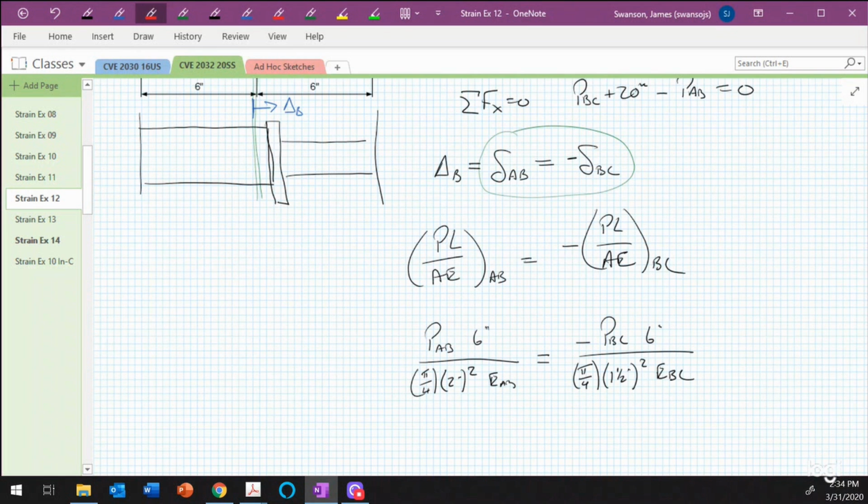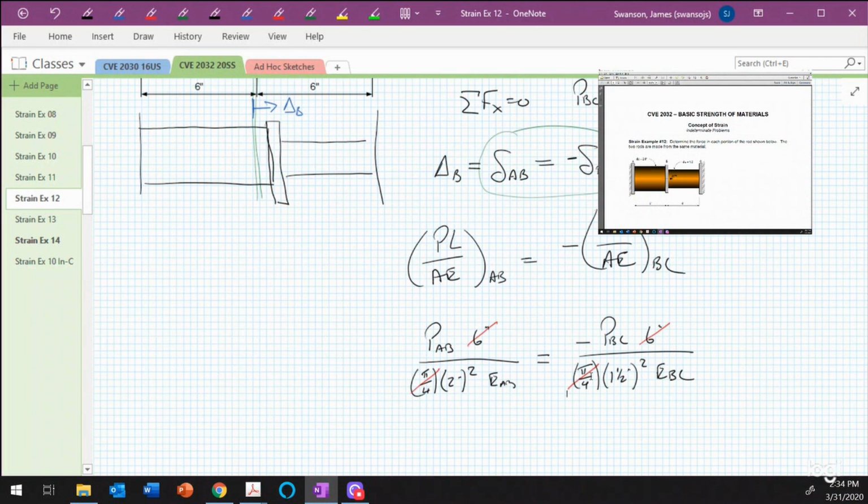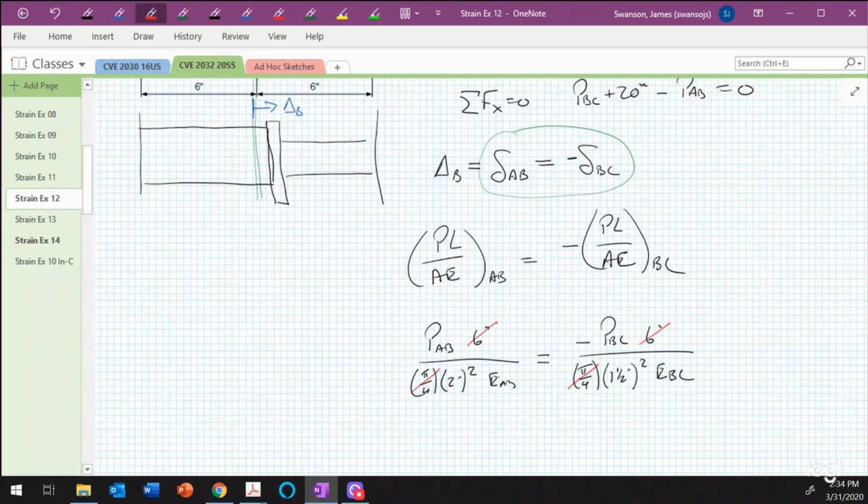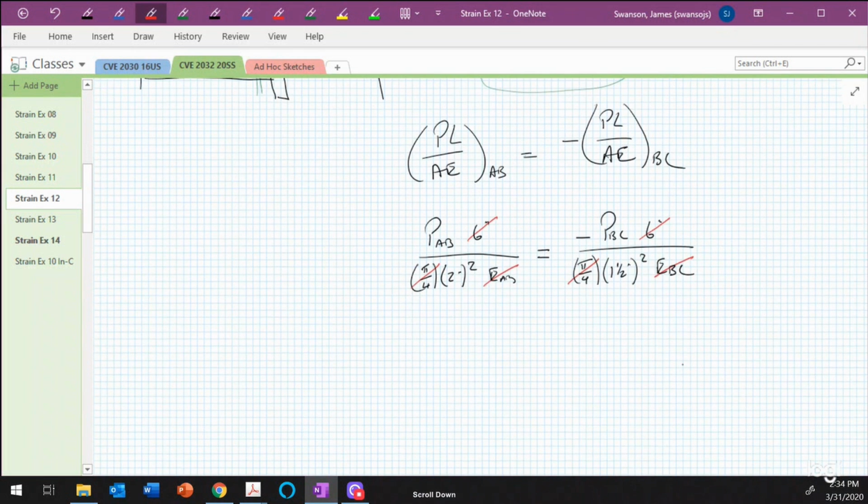Okay, now we can do some canceling. 6 and 6 cancel. We know that pi over 4 and pi over 4 cancel. And it works out from our problem that it says that the two parts of the two rods are made from the same material. So that means that E sub AB is equal to E sub BC. So those go away as well. So from this, we end up with a relationship that P_AB divided by 2 squared, which is 4 inches squared,